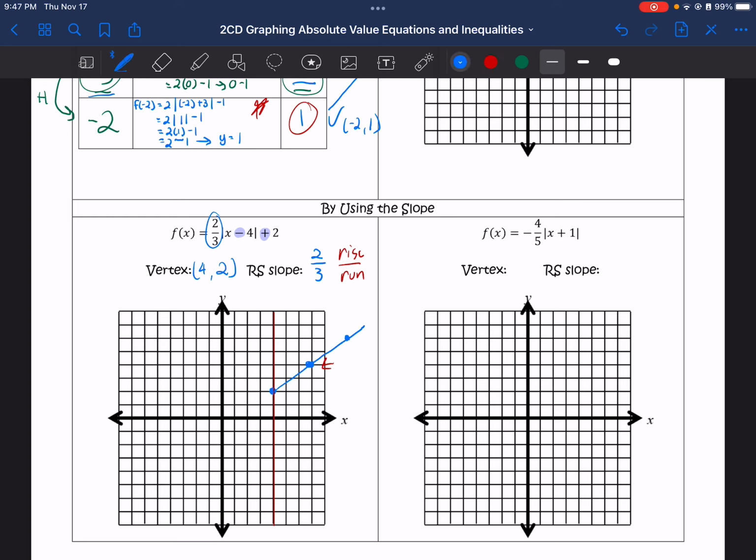So how do we do that? Well, we are going to keep the numerator the same. So we're going to keep the y's the same, but we are going to change the run in the negative direction. So instead of right, we are going to go